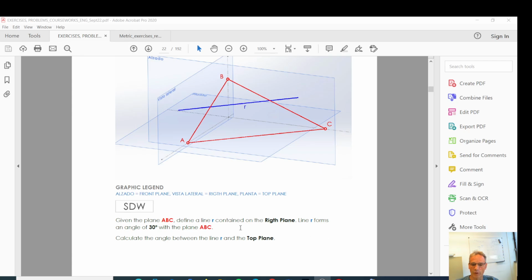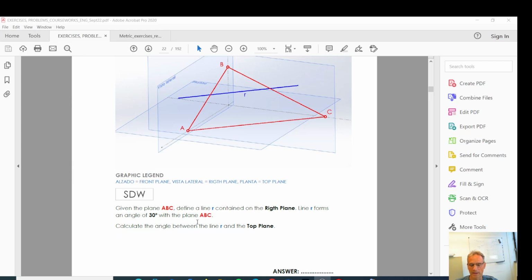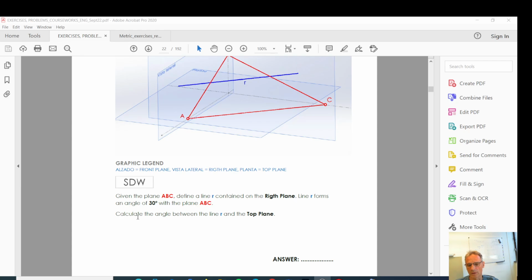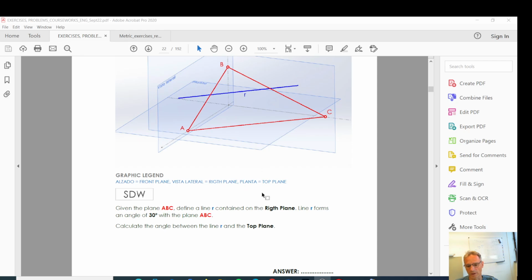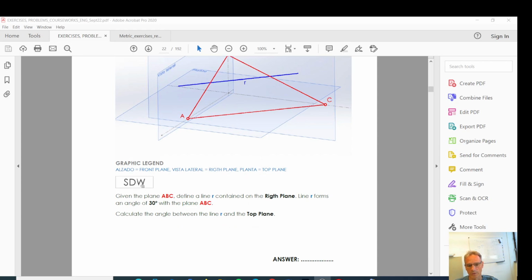And the line R forms an angle of 30 degrees with plane ABC. And then when we have defined the line R, we need to calculate the angle between the line R and the top plane, which is this one, the horizontal one. Yeah. So we can download here